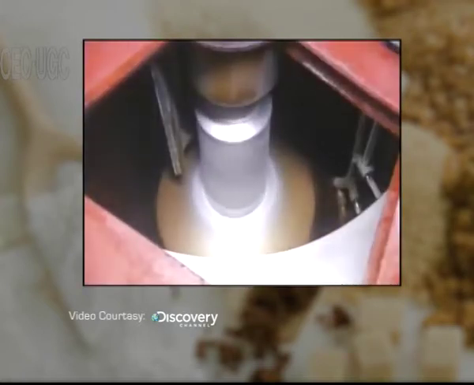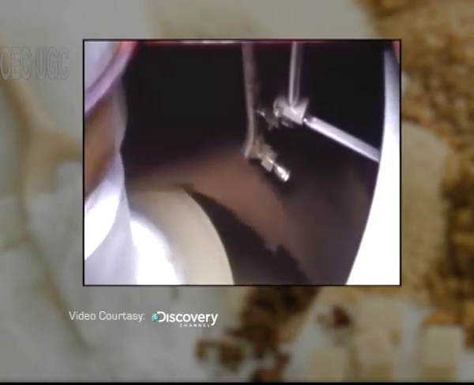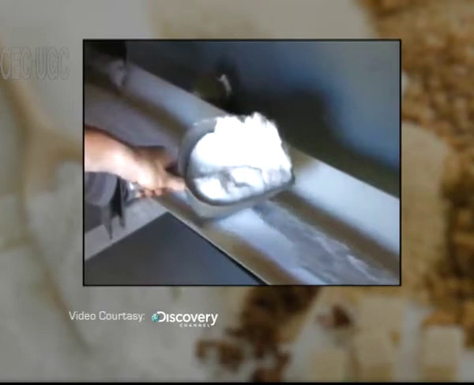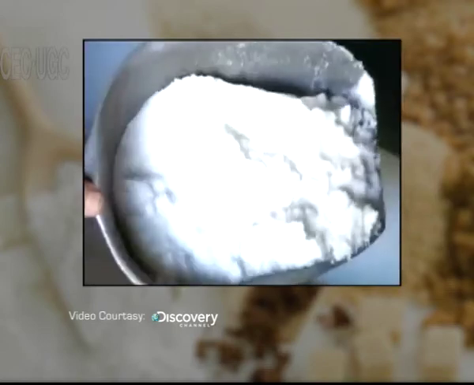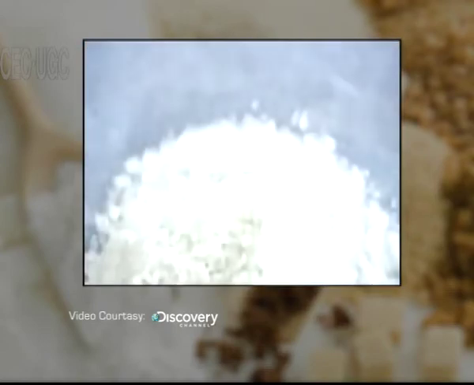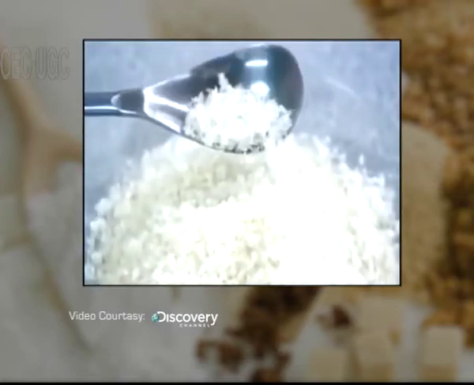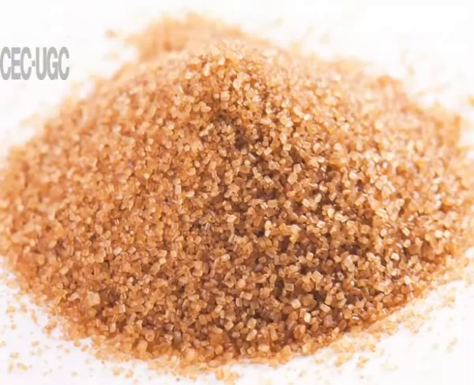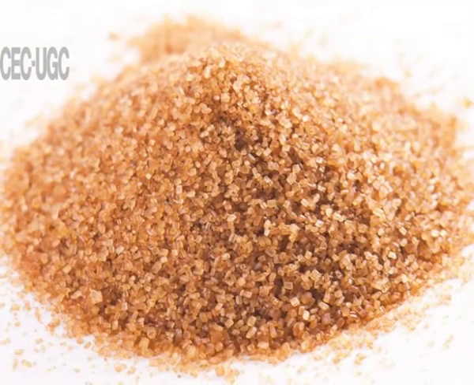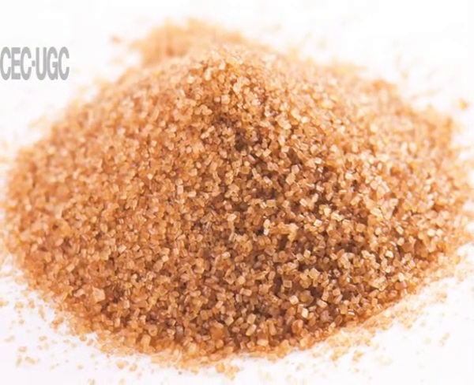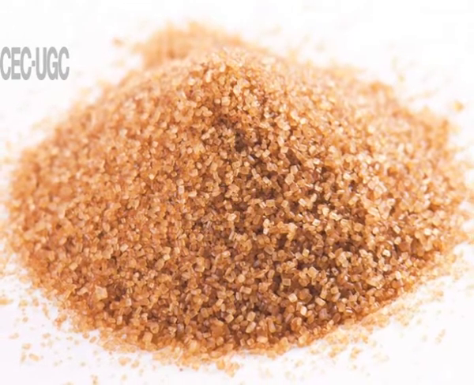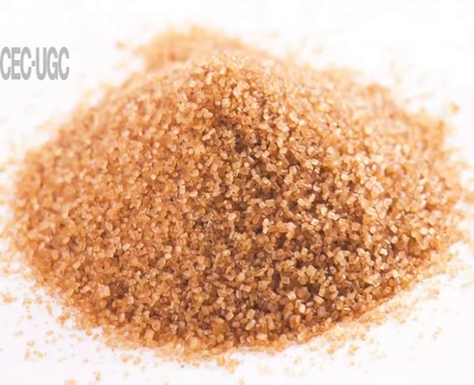Then it is condensed to a syrup in single effect vacuum pans. The raw sugar so obtained consists of brown crystals with an adhering film of molasses. It contains 96 to 97% of sucrose.